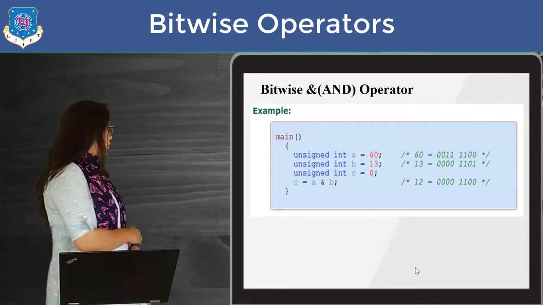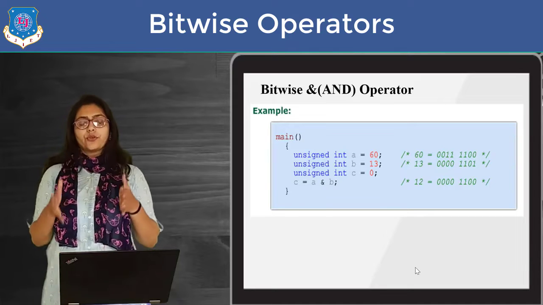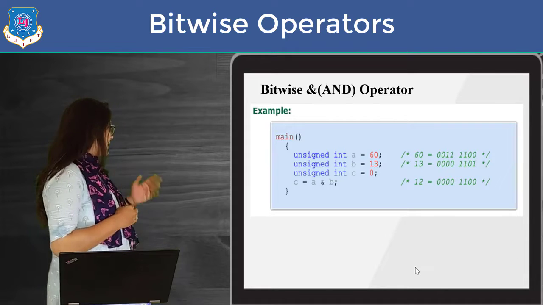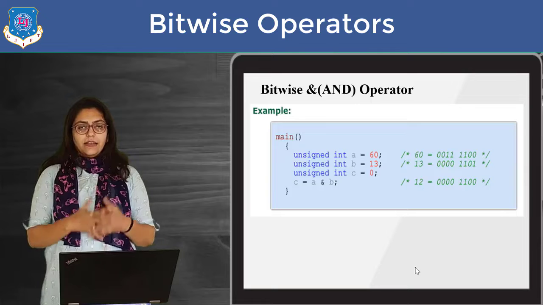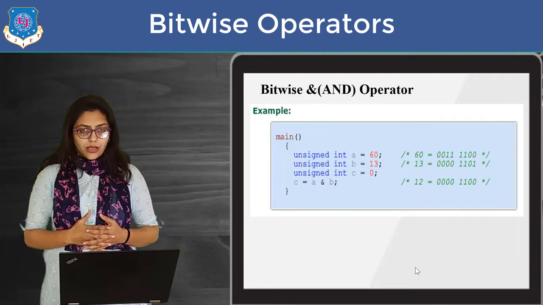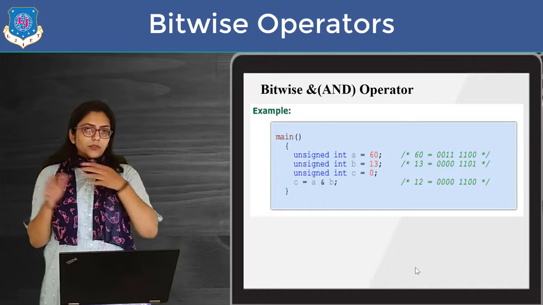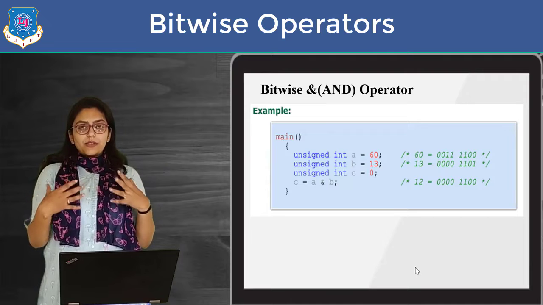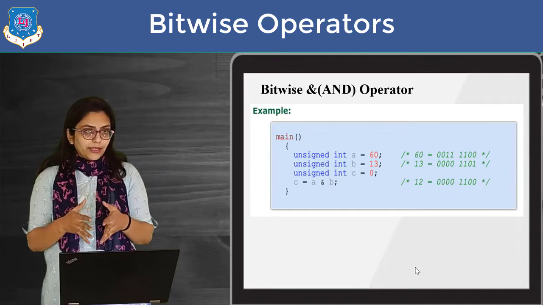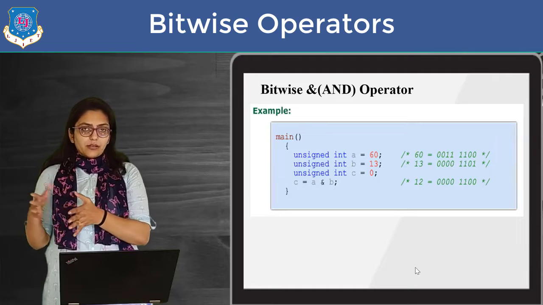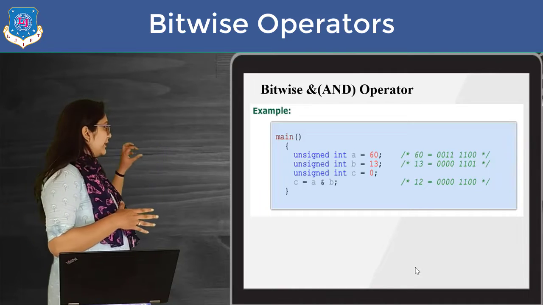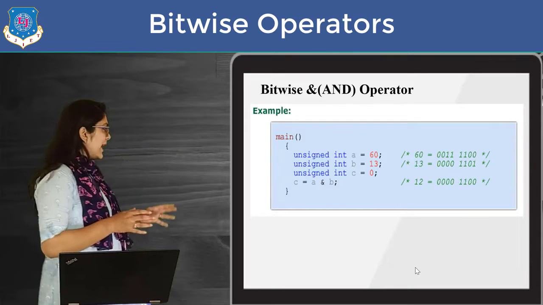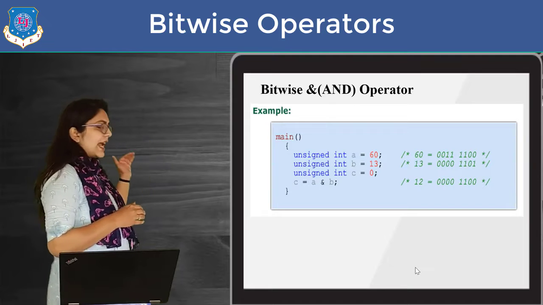Now you can see the code over here which is used as a program. If you want to examine practically how we can use the bitwise operator, you can see this code. Here I have declared 3 variables as unsigned integers, right? Because in the logical world, when you are dealing with digital things, signs have some kind of representation that you don't know right now. That you are going to study in digital fundamentals. So right now, just understand that you can deal with bits directly. There is no sign for these bits, so we have declared these as unsigned integers.